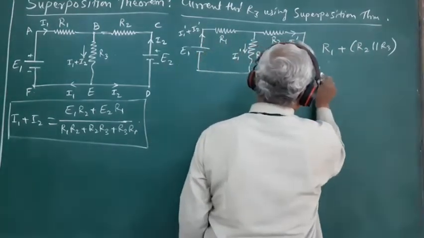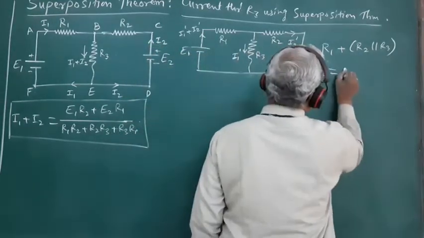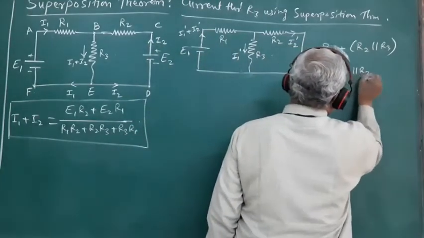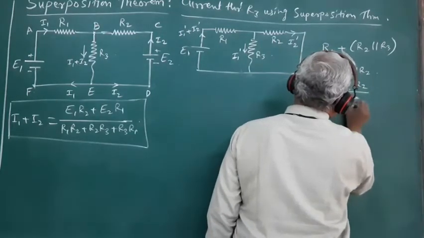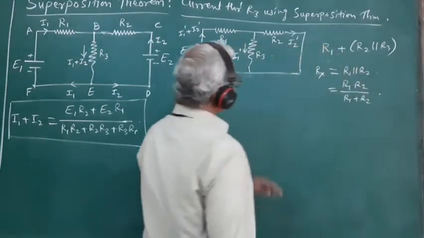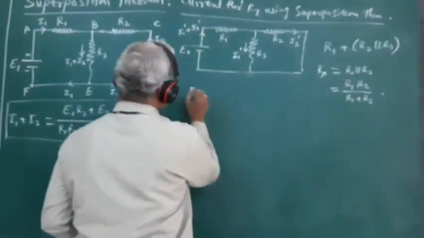Let Rx be the equivalent resistance of R2 and R3, then it is expressed as R2 R3 upon R2 plus R3. So the total resistance of the circuit works out to be equal to